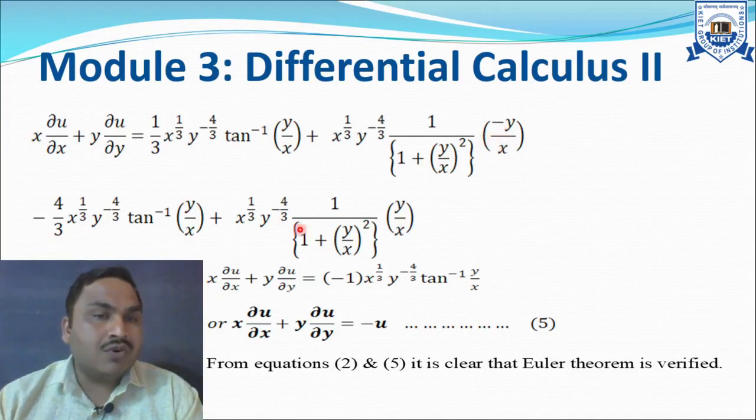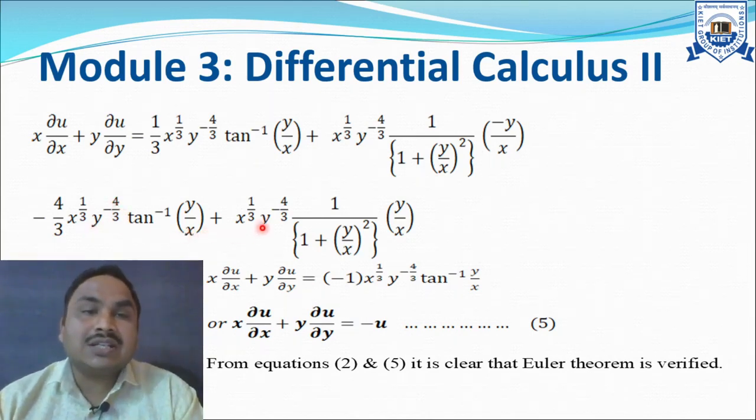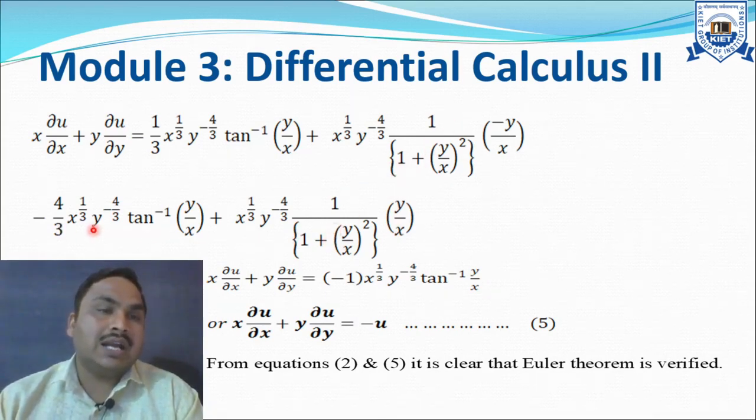And from del u over del y, we get minus 4 by 3, x raised to the power 1 by 3, y raised to the power minus 4 by 3 after multiplication with y. The power will become y raised to the power minus 4 by 3 tan inverse as such, and in the last term, 1 by x will be multiplied by y, so it will become y over x. From here we observe that this and this term are the same with opposite sign, so they cancel out and we